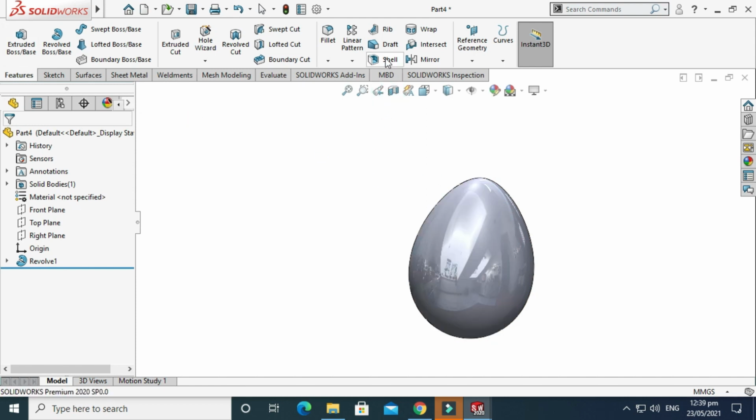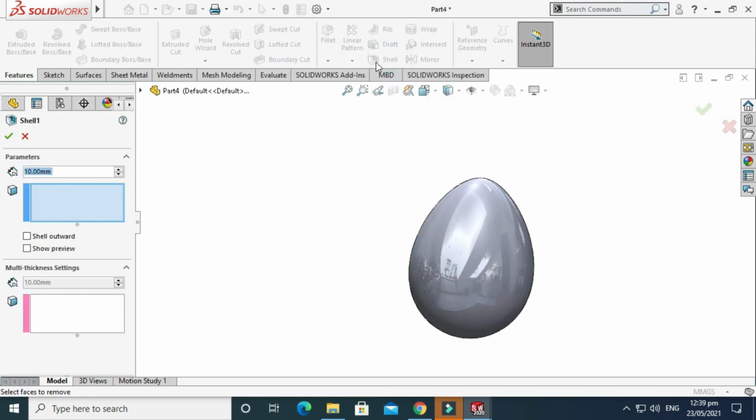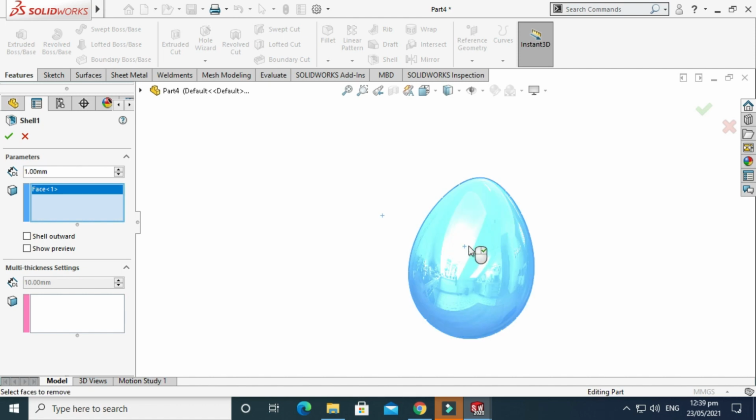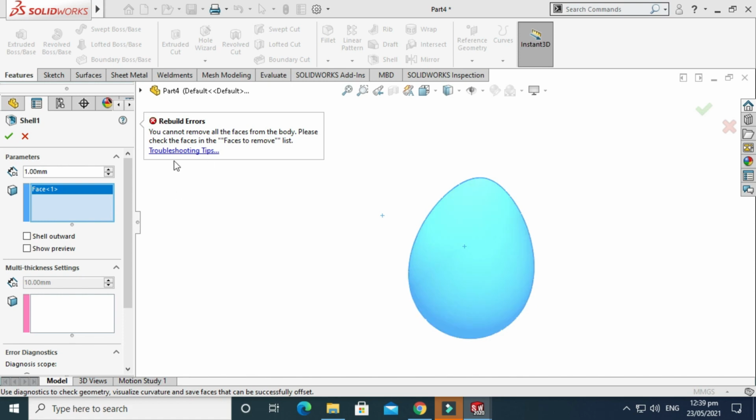So I'll use this shell command. I'll go to shell, and let's say I select a thickness of 1 mm, and I select this body, and I'll press OK. But it is showing that you cannot remove all faces from the body. Please check the faces to remove.